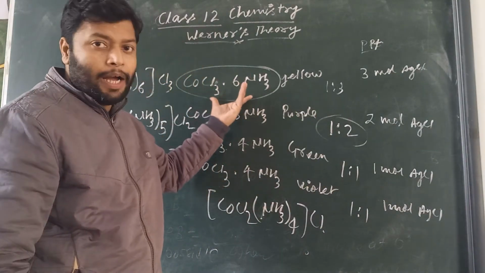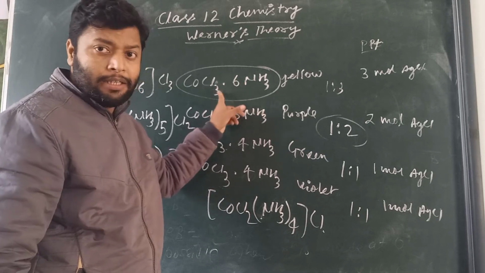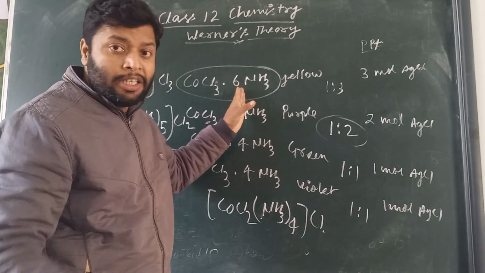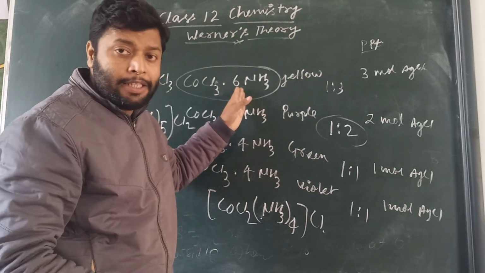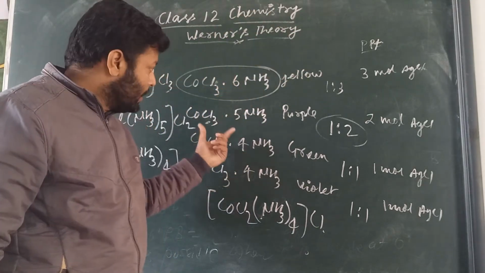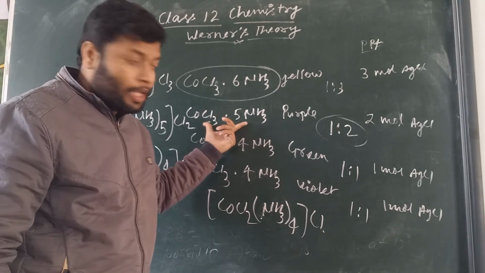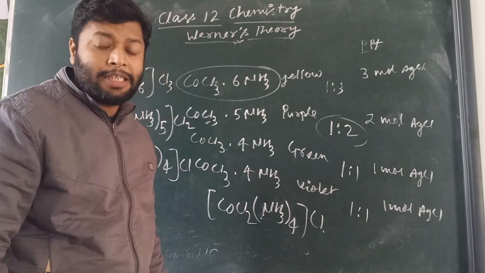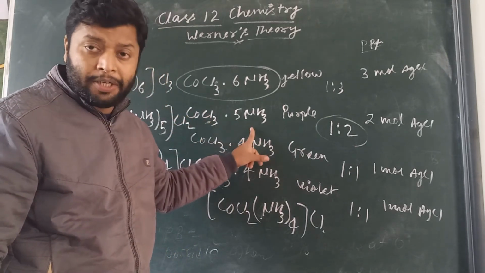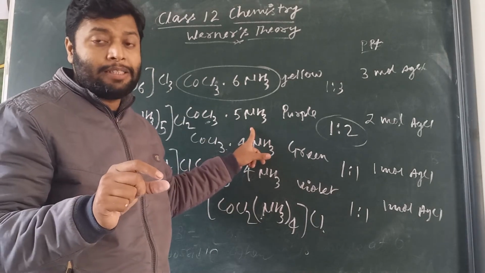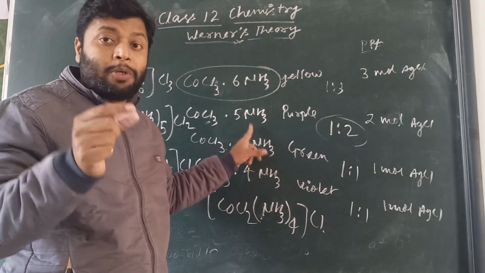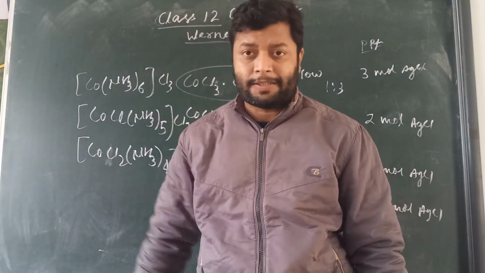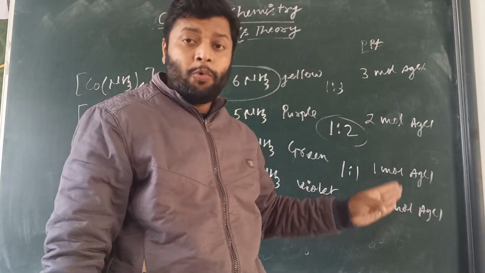Come to this formula. Out of 6, 3, 9, the number of particles is 9. So out of 9, the 3 are primary valency, so the remaining 6 are secondary valency. Here again 5, 3, 8. Out of 8, the 2 are primary, so 6 are again secondary valency. But now out of 6 secondary valency, 5 are secondary valency of ammonia and 1 is secondary valency of chloride. That's why we can draw different formula structures of the complex. So with the help of the result, we can draw this.